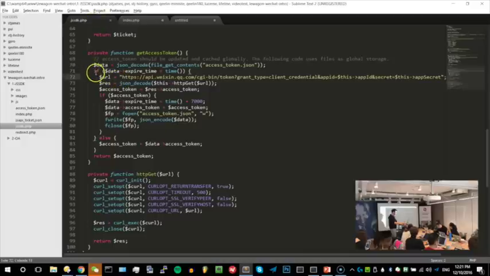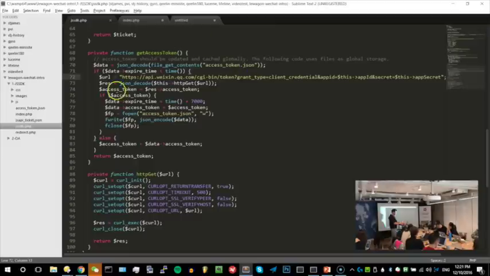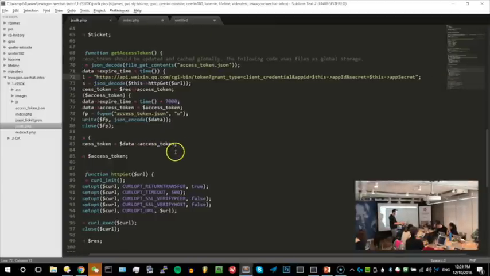And that's the interesting thing. Once more, if the token is expired, then I'm going to call the WeChat API website, this one, and ask it, please give me the code. So this is actually the call you're going to need to do.